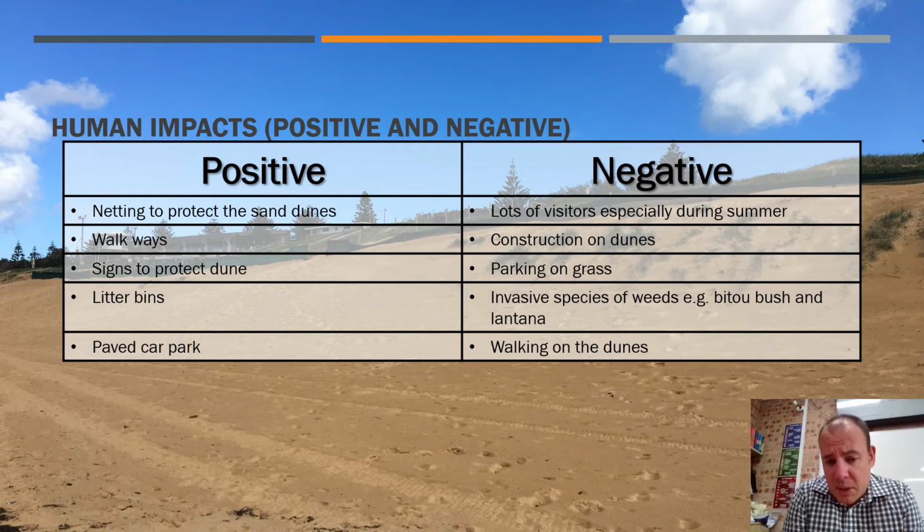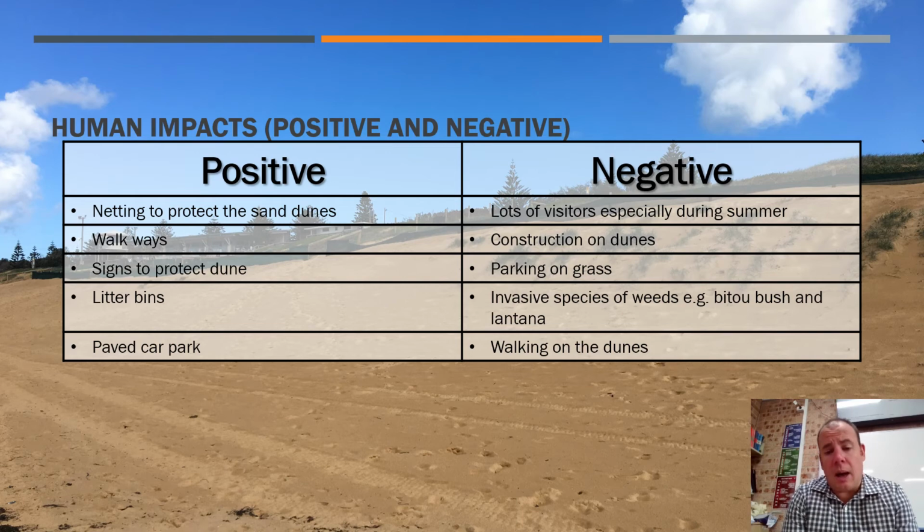They obviously bring dogs who do their business on the beach. Not very good. So yeah, lots of visitors can also bring lots of pollution, like litter, that type of thing. Obviously we build on dunes. Obviously we've built the clubhouse there, behind it is the golf course, and then we've got obviously Shelly Beach